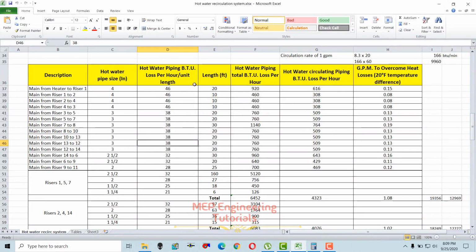The topic which I'm going to discuss today is related to the hot water recirculation system, and this topic is